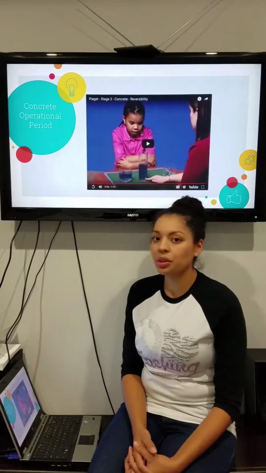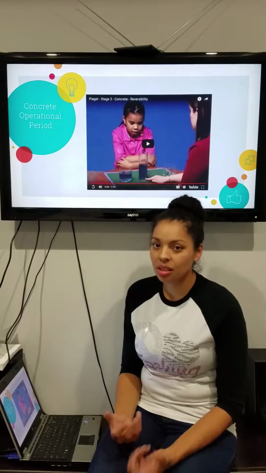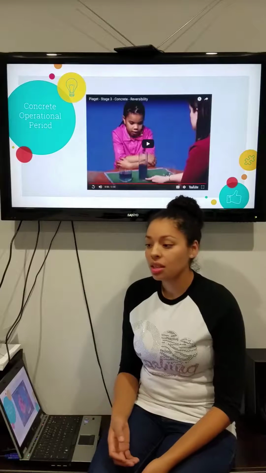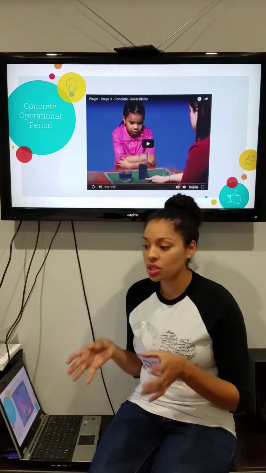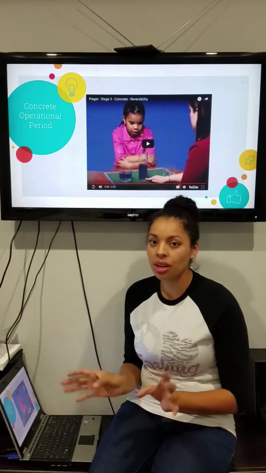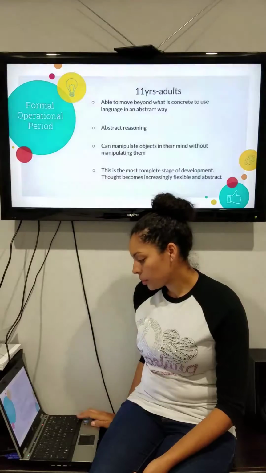So as you can see, the little girl's response was different from the previous one, where she understands a little bit more abstract concept. So it does appear like the taller glass has more juice, but she knows, because she did see before the two glasses next to each other, that they were the same amount of juice.